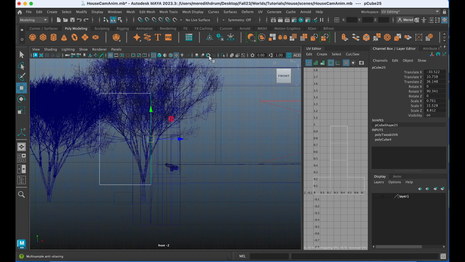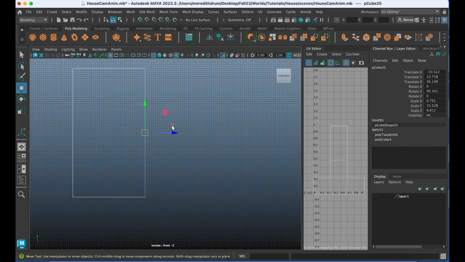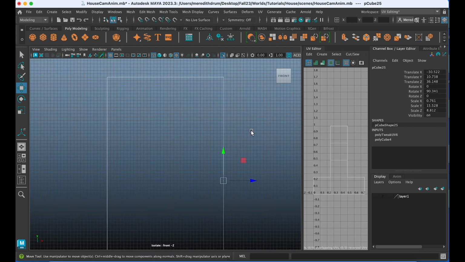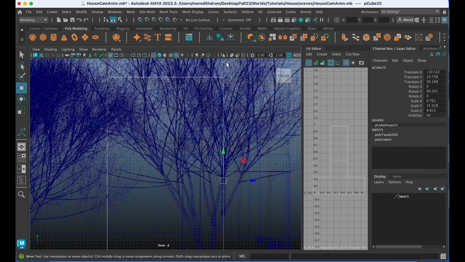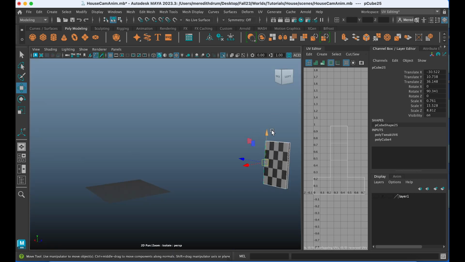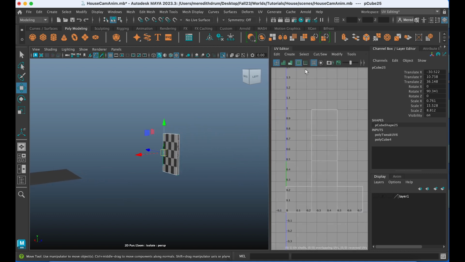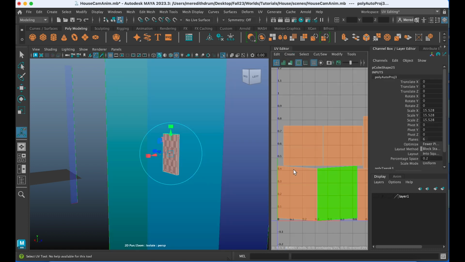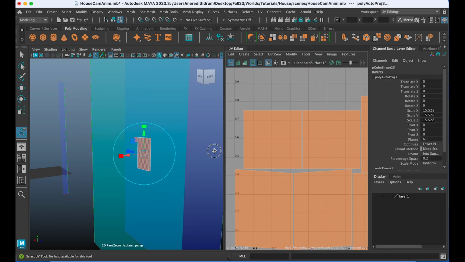Okay, so let's take a look at it from up down and just see what it looks like. You can also isolate it again with the isolate. It looks pretty good. I think everything is in alignment. You may still have your UVs a little off, but I'm going to turn off isolate selected, show this, and you can just leave it for now. Okay, so let's widen this a bit, and let's go up to create automatic, and that kind of gives you a little bit of honest feedback about where things are.